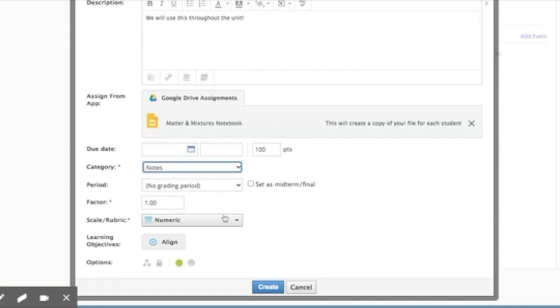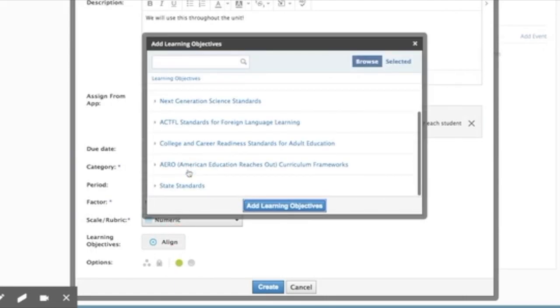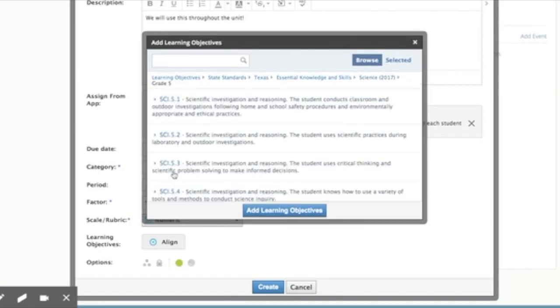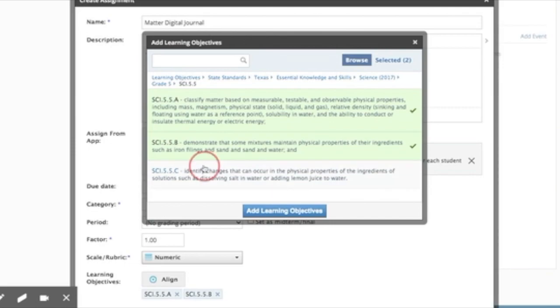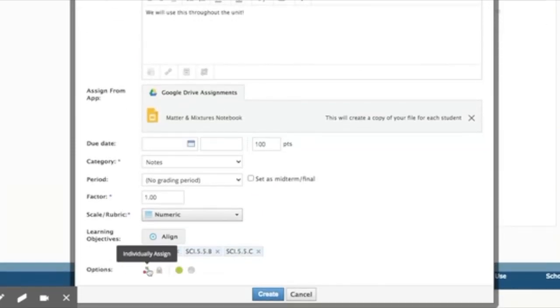Factor and grading, I'm not going to worry about any of that. You can align these to your standards. So state standards for me in Texas, essential knowledge and skills. I can go to science and then my grade level, put it right here in matter and energy, just fill all these up, add learning objectives. So those are down here at the bottom. So I can either individually assign this to each student, lock it, publish is what I want,